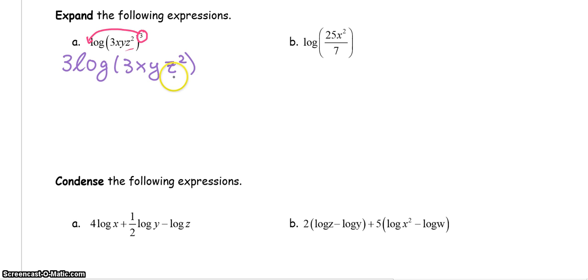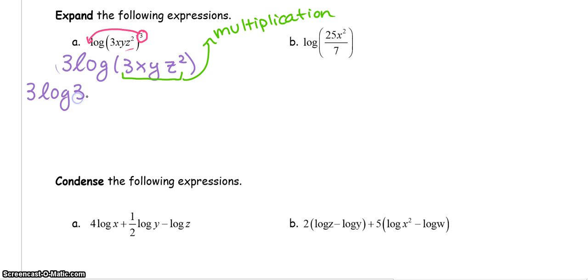Now, inside here, everything is being multiplied. So since it's all being multiplied, we can split them all up using addition. Really important not to forget about this 3 in front, because that's going to apply to each piece. So I've got 3 log of 3 plus 3 log of x plus 3 log of y plus 3 log